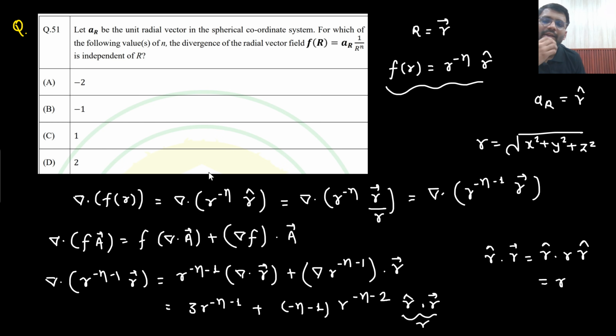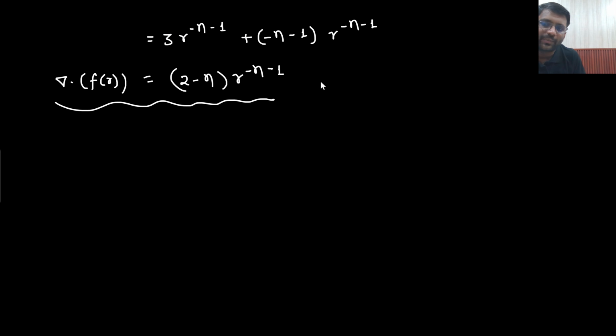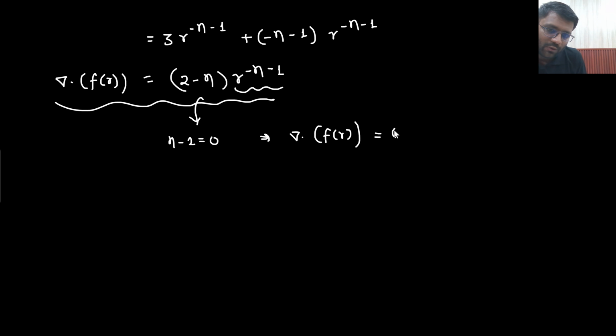So what do they want? They want the divergence to be independent of r. It should not be a function of r. What does that mean? It should not be a function of this variable. What will I do? I will put n minus 2 equals to 0. If I put n minus 2 equals to 0, then the divergence of f will come out to be 0,